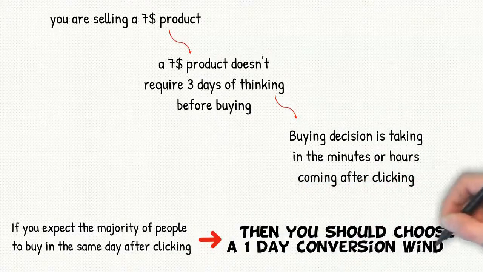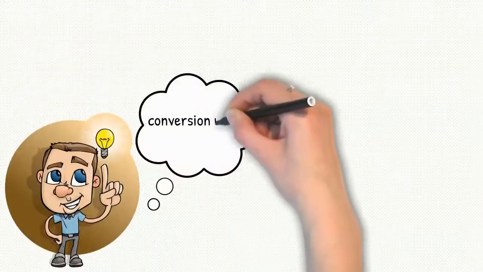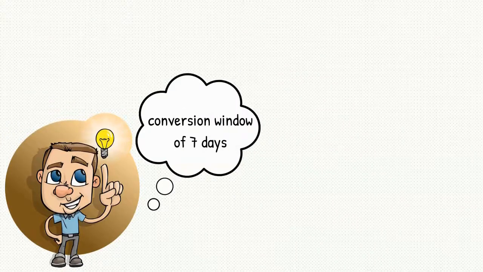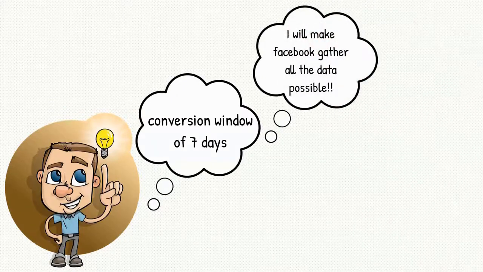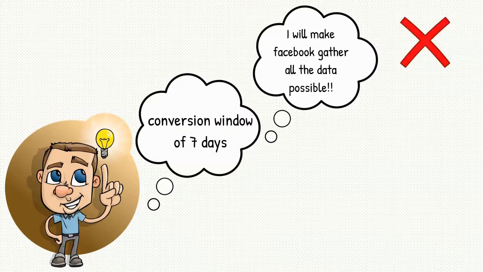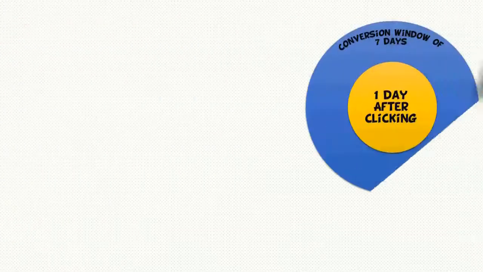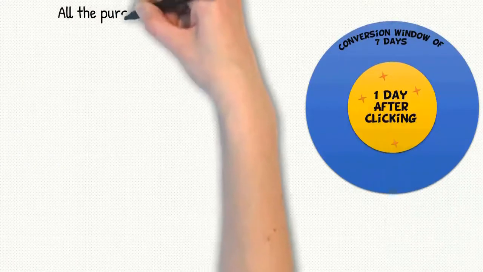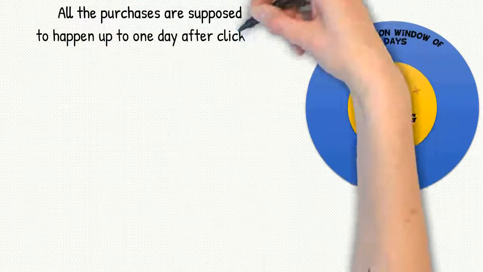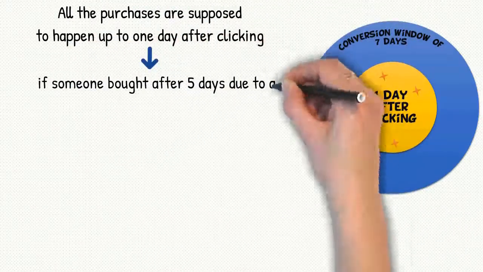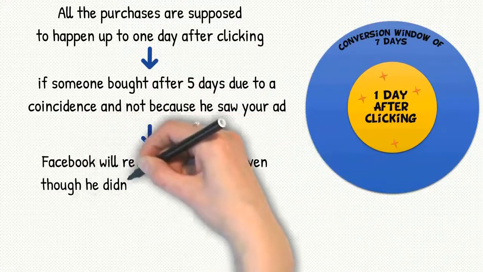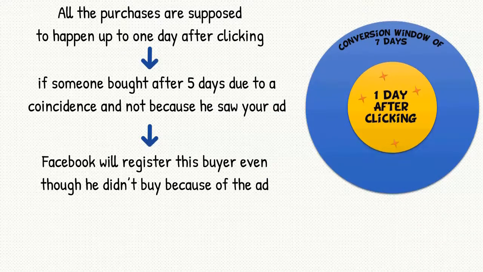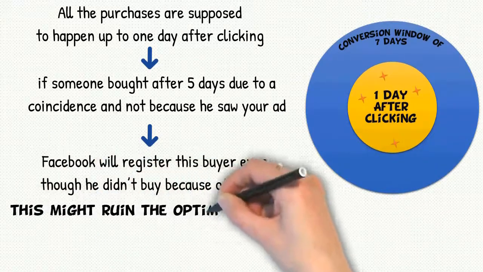1-day conversion window. Some people try to outsmart Facebook by putting a conversion window of 7 days, thinking that this way Facebook will gather all the data possible. Well, this is not something I recommend you to do, because this might cause you troubles in your ads, and let me explain why. If all the purchases are supposed to happen up to 1 day after clicking, and if someone bought after 5 days due to a coincidence and not because he saw your ad, Facebook will register this buyer even though he didn't buy because of your ad, and this might ruin the optimization of your ad because